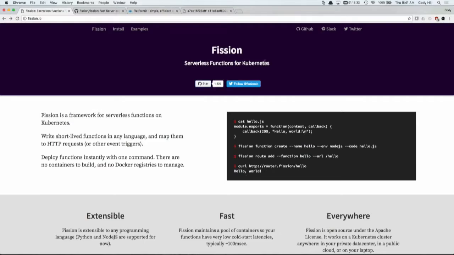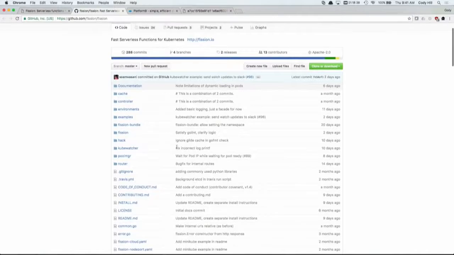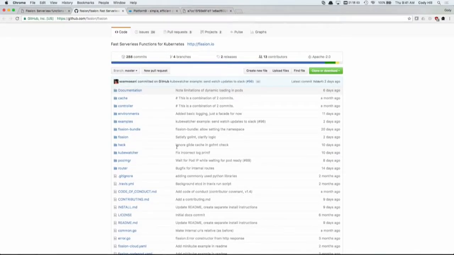And we're getting a lot of traction there. So this is the GitHub repository. So we do have a few examples in here. We will be adding more and more examples. And to some of the points that Amrish was making, yeah, we just launched this thing last week, right? We already had somebody retrofit Fission to add in C# as one of the runtimes on the back end. As well as PHP.